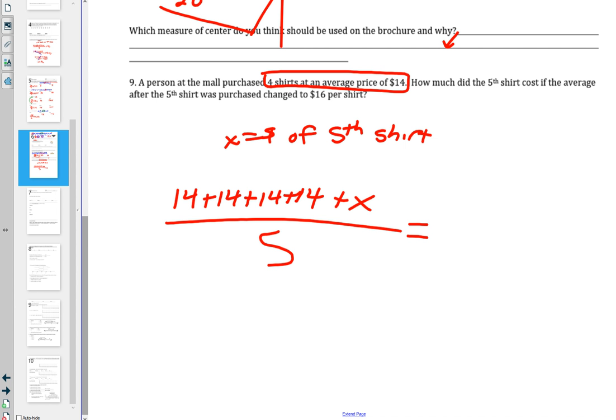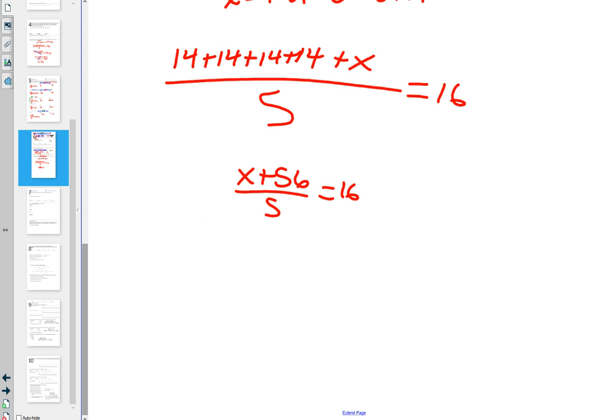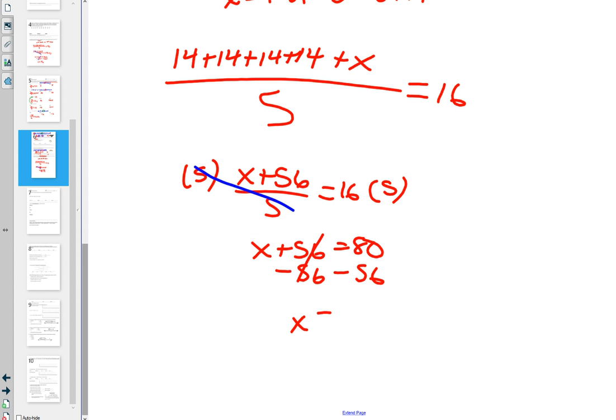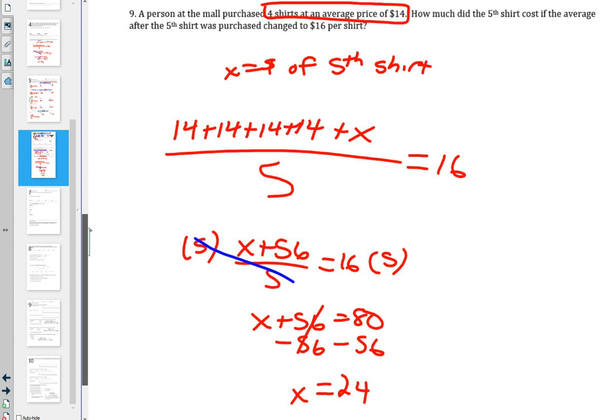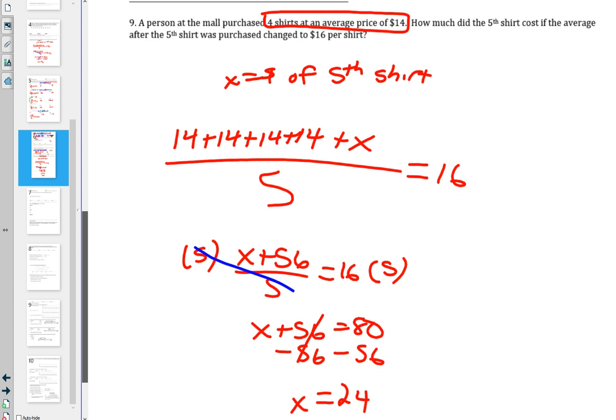16. So 14 times 4 is 56, so (X plus 56) over 5 is equal to 16. Multiply times 5. X plus 56 is equal to 80. Minus 56, and that last shirt was pretty expensive. It cost $24, which made sense because if after the first 4 shirts the average was 14,